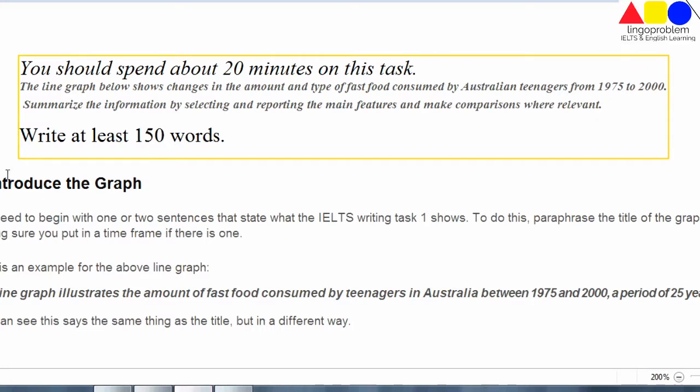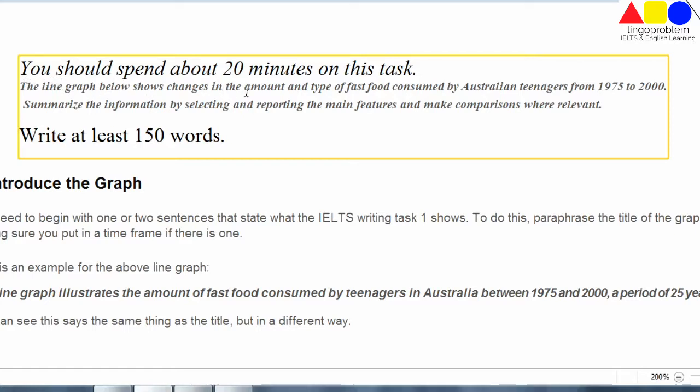Okay guys, here we are with step number 1, and in this step we are going to write the introduction for your given graph, chart or diagram, whatever it is. And with the help of this example we will learn how to do that, and this is a very good example I came across. So let's have a look. Let's read